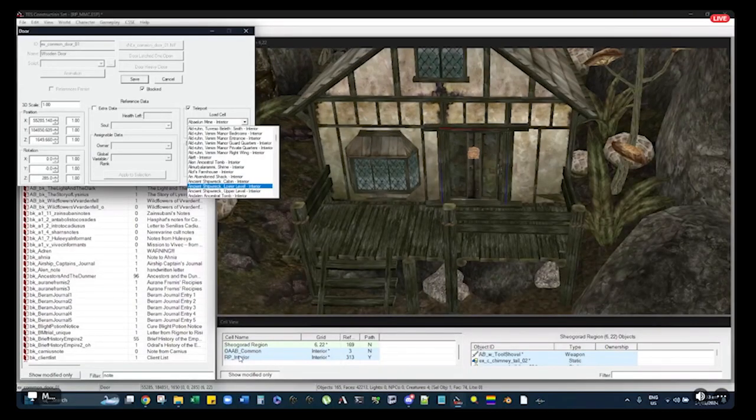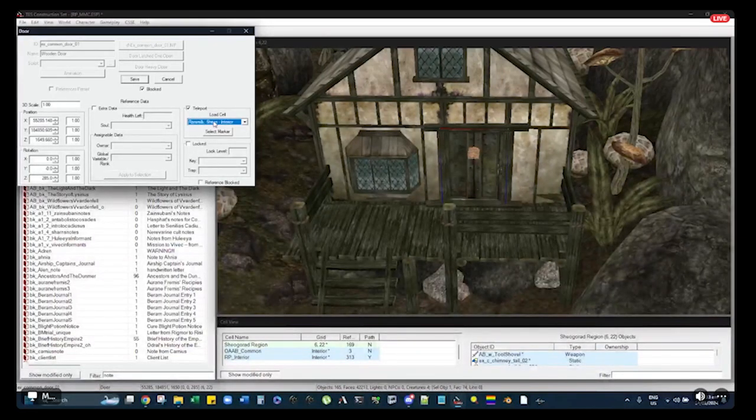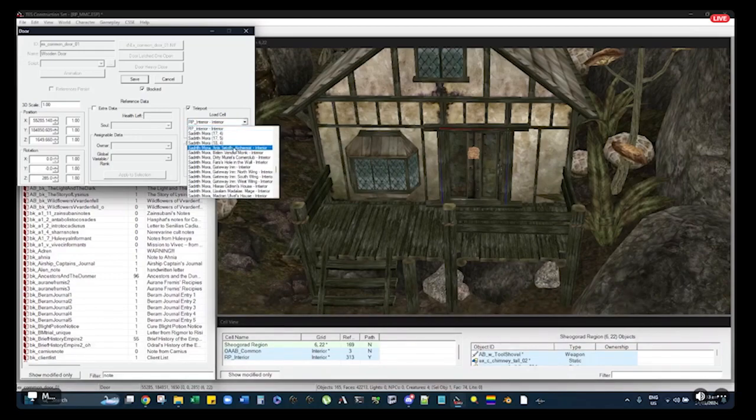If you know the ID of the cell you want to go to, or rather the cell name, you can type that in. So I know that it's RP interior. You can even type in the underscore, hold shift underscore, and it'll register that. It won't let you actually type into the text box like a text box, but you can go, RP underscore, and it'll bring you close to, if not exactly, to the cell that you're wanting. And then we just go select marker,